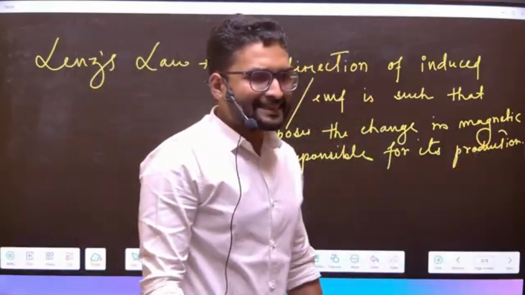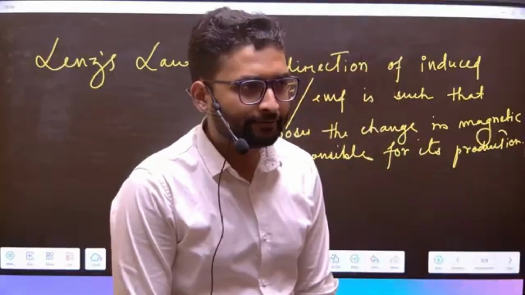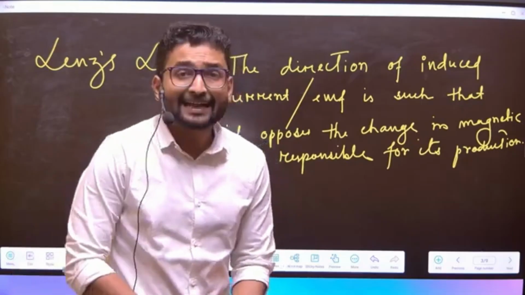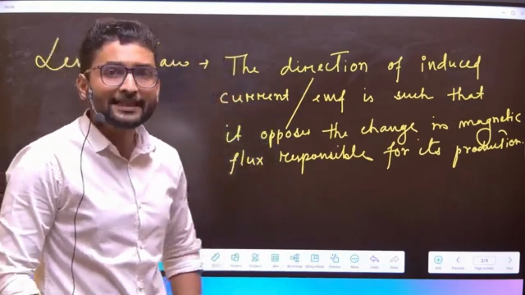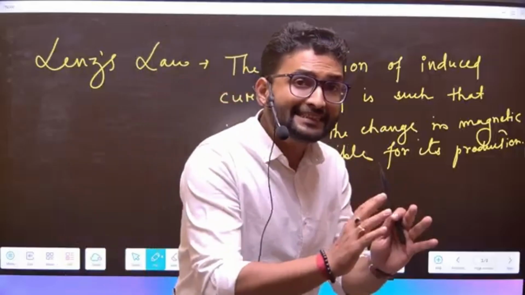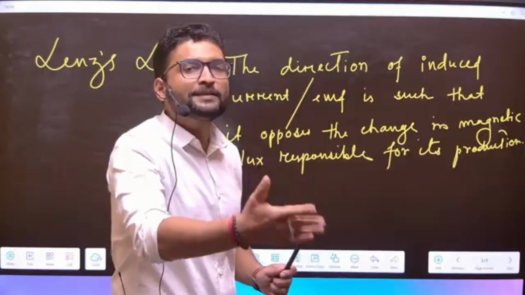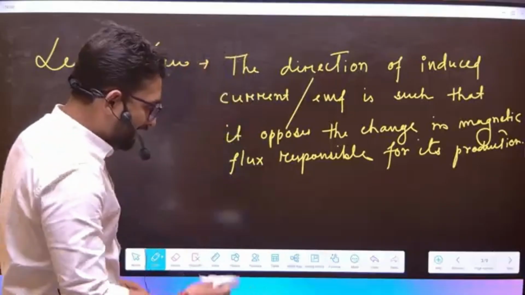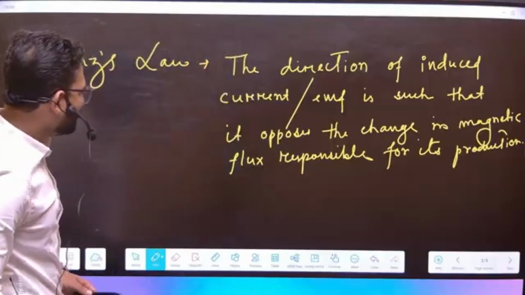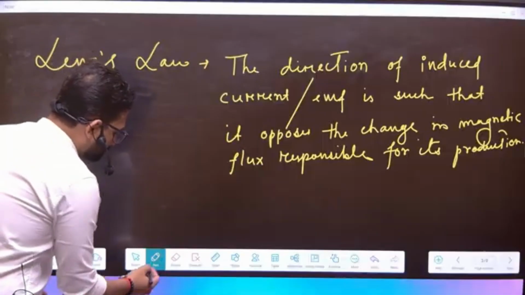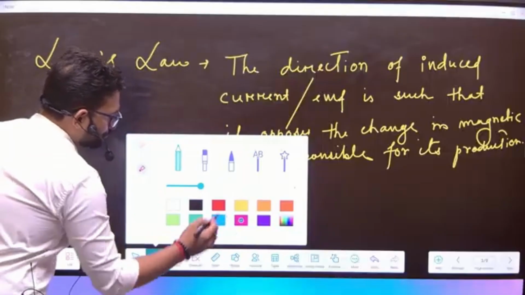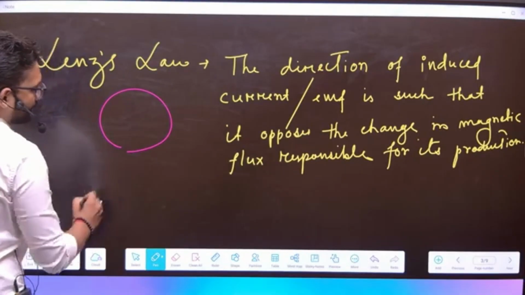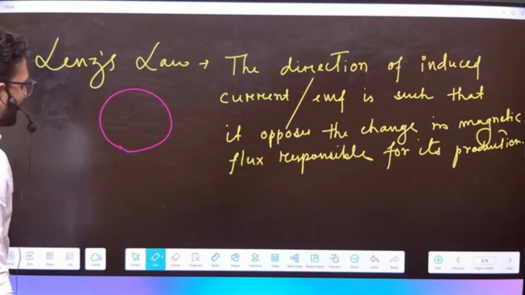So Lenz's law basically says that what is producing the induced EMF? Of course, the change in magnetic flux, and the direction of induced EMF or current will be such that it will oppose or it will resist the change in the magnetic flux which basically produced it. मतलब जो इसको बनाया वो उसी को रोकेगा, right? How? We will better understand with the help of a diagram. Okay. So now imagine that there is a coil connected. There is a coil and there is